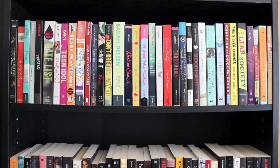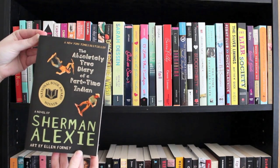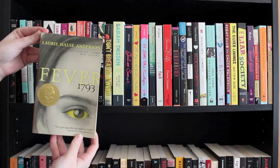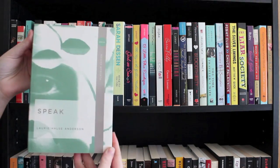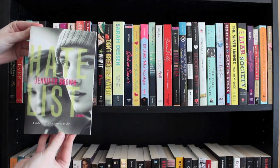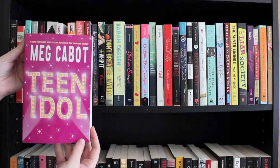But anyways, this top shelf of this bookcase is all paperbacks, mostly young adult contemporary, though there are a few adult novels and a few fantasy novels, or at least kind of magic realism novels. I have The Absolutely True Diary of a Part-Time Indian by Sherman Alexie. Then I have my Laurie Halse Anderson books. I have Fever 1793, Prom, Speak, and Twisted. Then I have The Hate List by Jennifer Brown, a couple of Meg Cabot books, Pants on Fire, and Teen